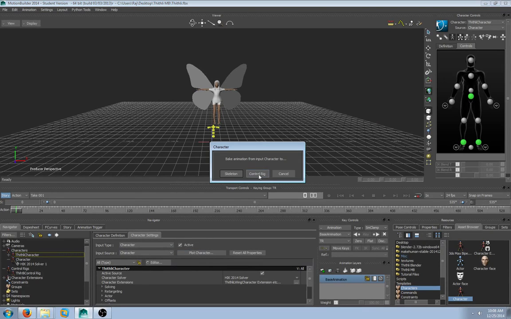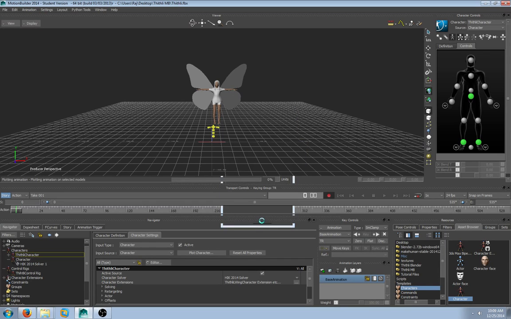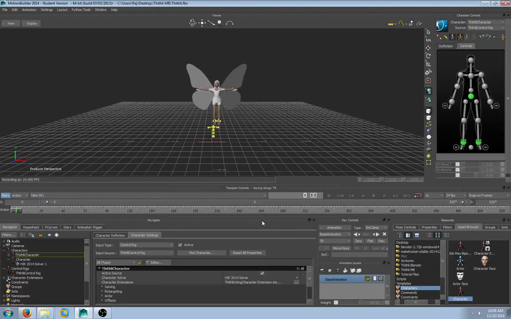Plot character onto control rig. We'll do a smart plot. Without smart plot, it will insert a keyframe for every frame, and it's going to be a bit difficult to edit later. Plot completed. Now if we have our input source as control rig,